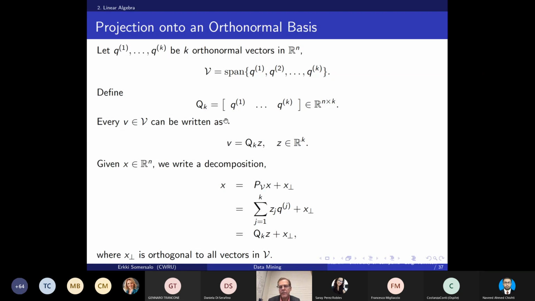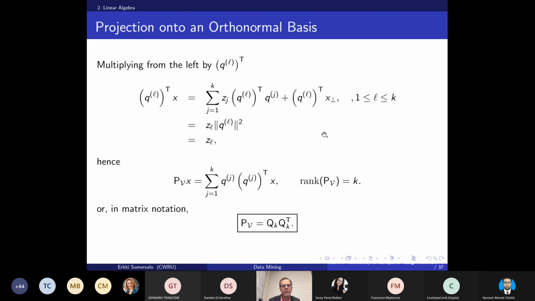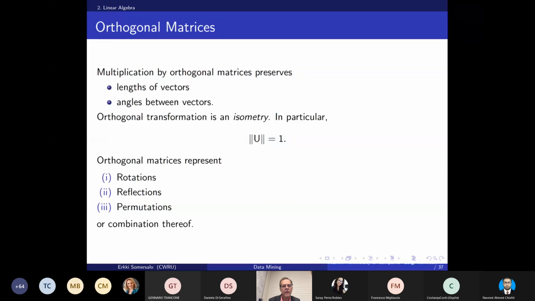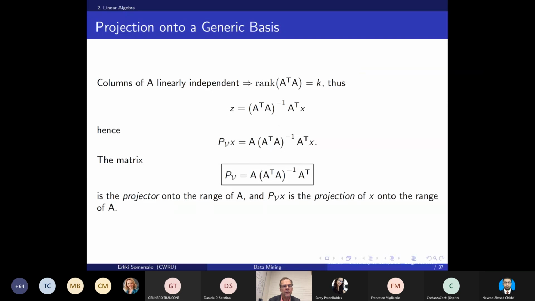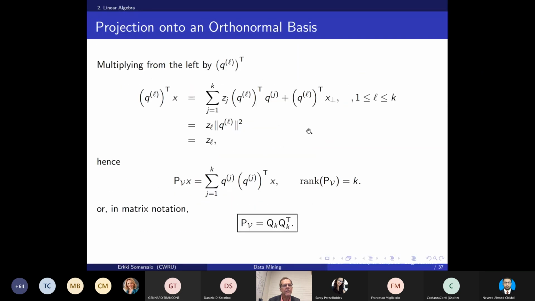I notice it's 10 o'clock. I'm not sure if I'm supposed to have a small break at some point, but let me go a little bit ahead, and when I'm in a good position, then if you want, I can make a small break so that it doesn't become too heavy. Is that okay? Okay, perfect. So I'll go a little bit ahead, and then let me see how many slides do we have. 1, 2. Okay, so I'm going a couple of slides ahead, and then we can make a break.